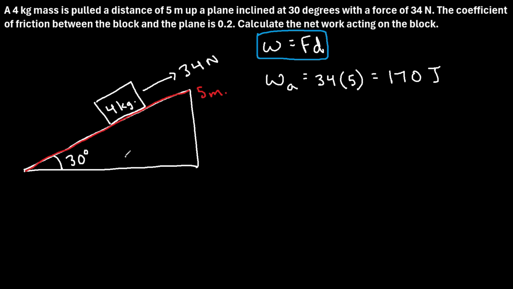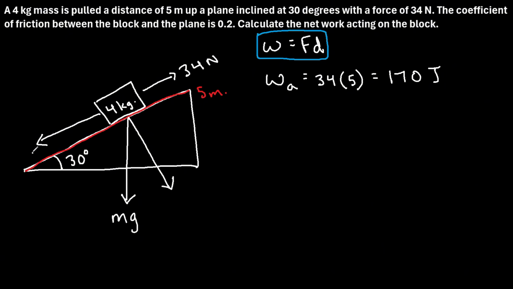Now let's calculate the work done by gravity. In this situation, there will be a force of gravity that's pulling this object straight down. Now, the force of gravity is calculated as the mass of the object multiplied by the magnitude of gravity, which we'll call g. So we'll say this force is mass, m, times g. Now, when we have an inclined plane like this, what we can do with this force of gravity is break it up into its components. There will be one component that is perpendicular to the inclined plane, and another component that will be parallel